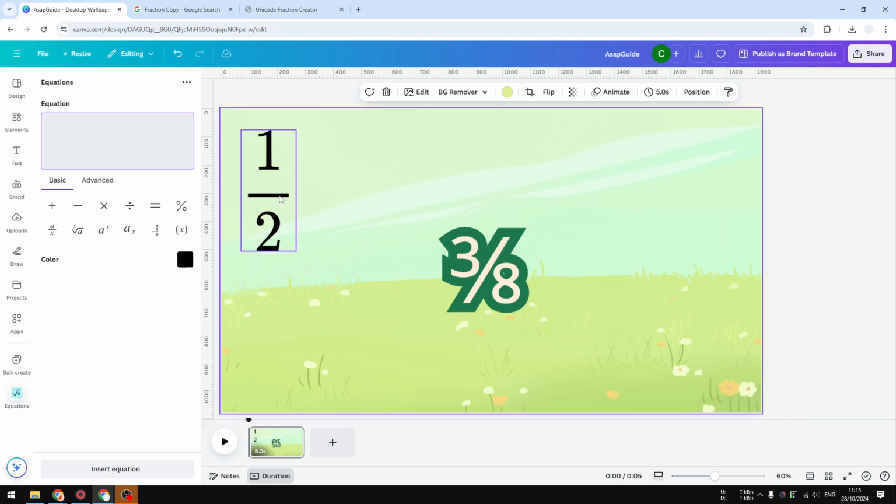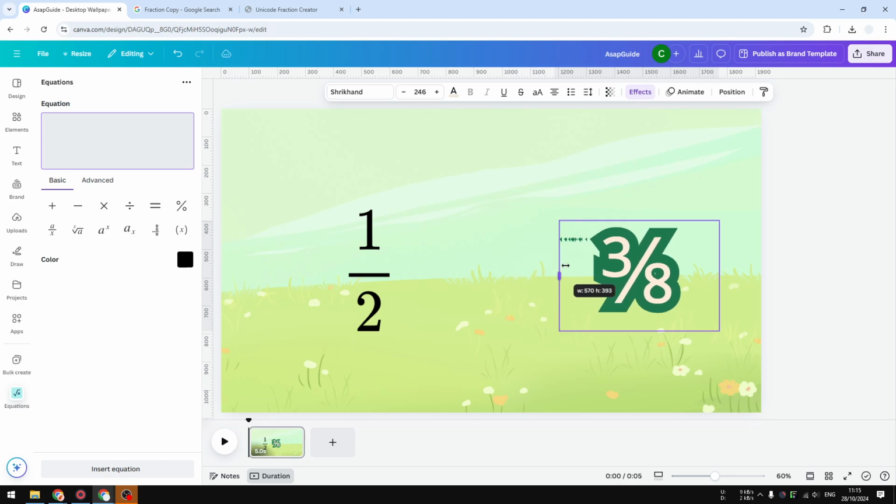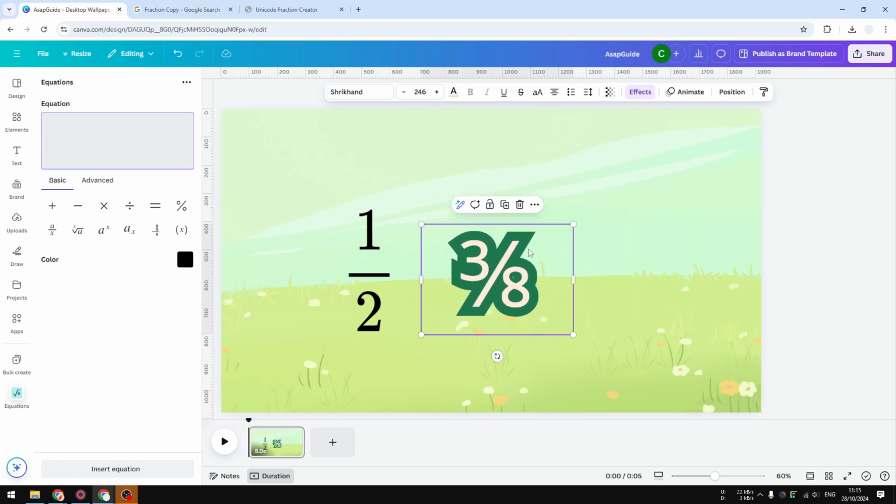consistency. So maybe this is not the best method, not the perfect, not the fastest, but it really depends on what is your goal when it comes to creating a fraction. Do you care more about just the number or simplicity, or do you care more about the look of your